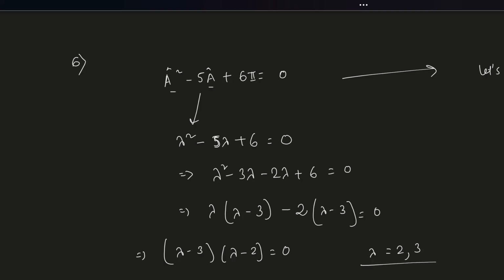So now you can say what is the rough form for this operator A cap, because you know that if you know the eigenvalues of a matrix, then you can always represent the matrix in a diagonalized format, and the simple rule is that the eigenvalues will be the diagonal components and the off diagonal components will be 0. Since it is a quadratic equation, that is why you get two eigenvalues, right? You get two roots from solving a quadratic equation. That means you have two eigenvalues of the matrix, which also tells you that the matrix is a 2 cross 2 matrix,